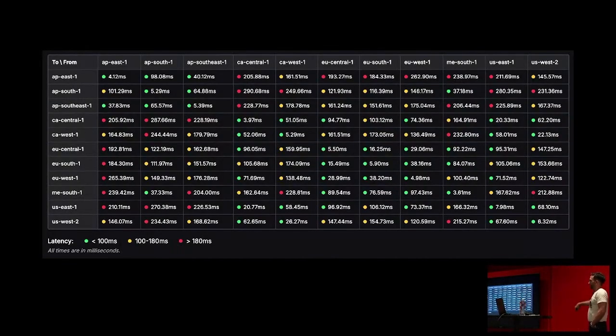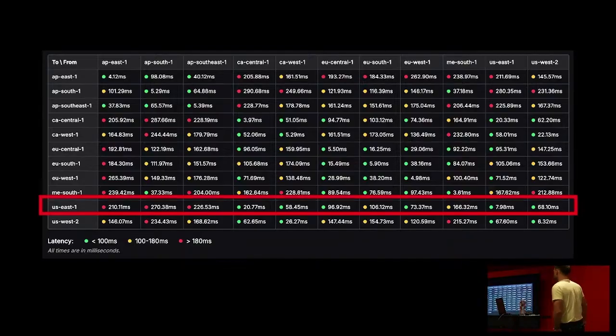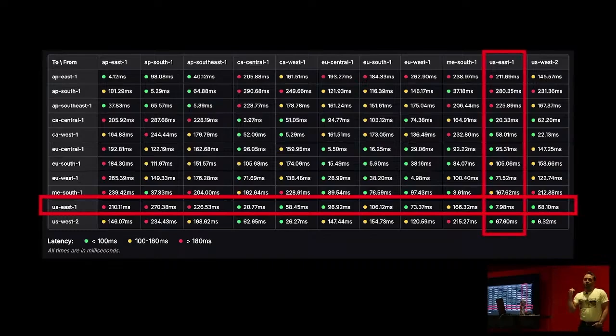So this is basically a matrix of the interconnection latencies between AWS regions. And if you go that way or that way, you see that if you put everything in US East 1, you would be able to serve North America, most of Latin America, and most of Europe within less than 100 milliseconds. So it's really a question: do you need to get better, really, for the sake of building